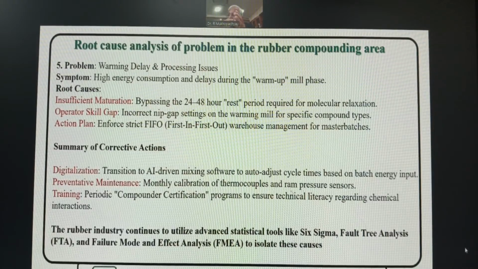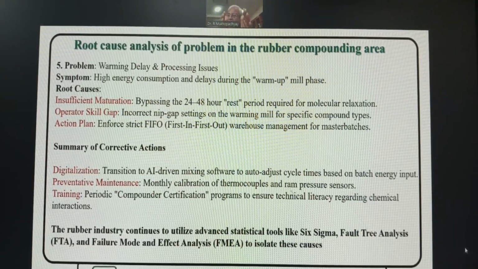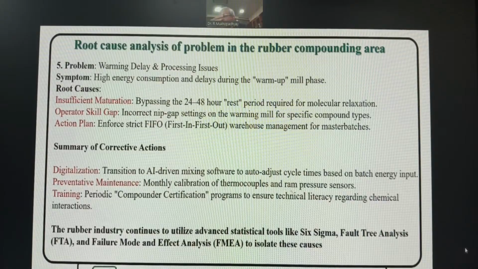Suppose the natural rubber chains are not grouped in a certain molecular weight. Generally it is about 10 to the power 5 to 10 to the power 6, this range, the molecular weight of natural rubber. And when you do the breakdown, the molecular weight should come around 5,000 to 20,000 at the time of the cure. So if the nerve is not properly broken down, you get the problem of,